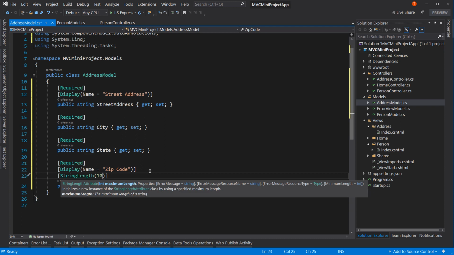Because if you have, and this is again US based, so it may be different for your region of the world, but with the US, and that's what we're expecting here is US addresses. With the US, we have the concept of a zip code, which is 5 numbers. And we also have the concept of a zip plus 4, which is 5 numbers, a dash, and then 4 more numbers. So 5 plus 1 plus 4 is a total of 10. So the max length